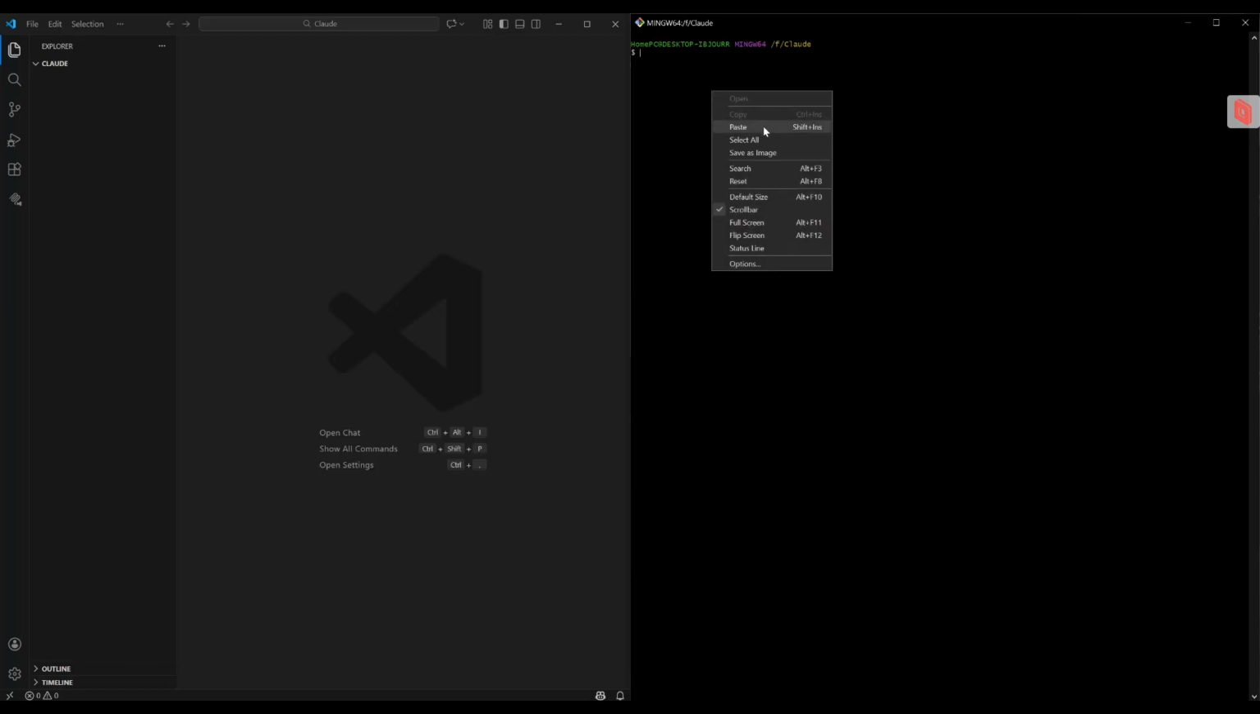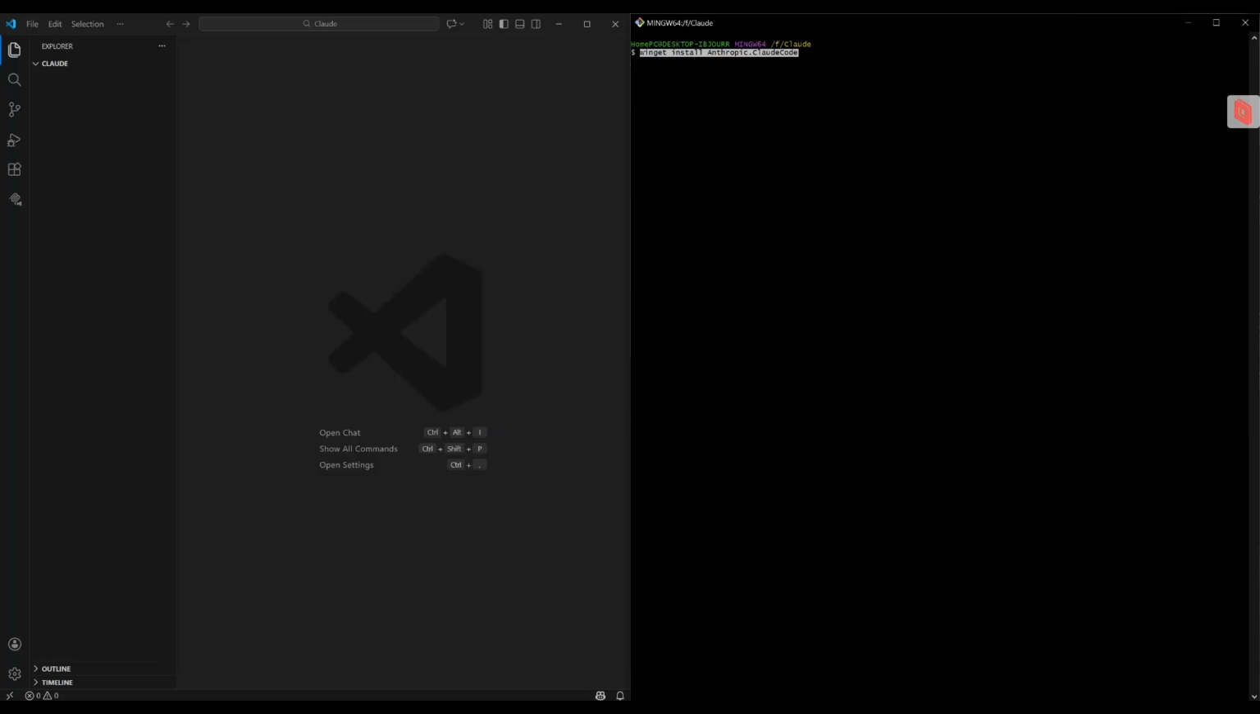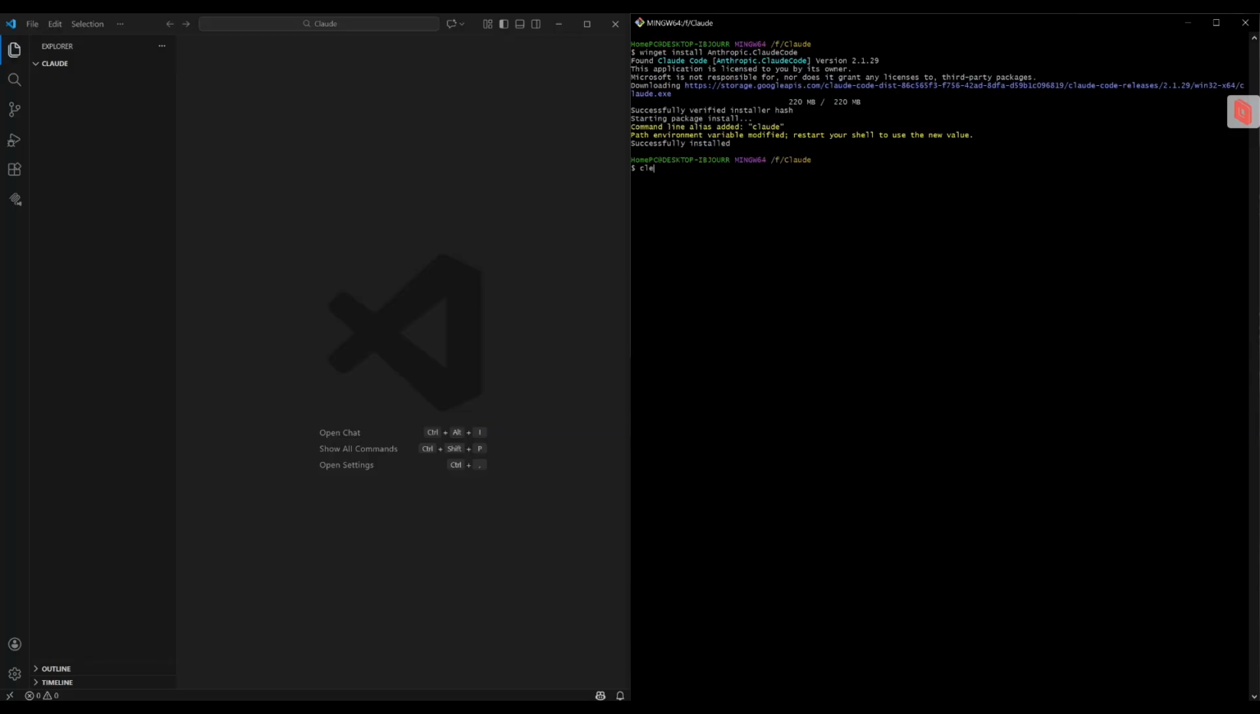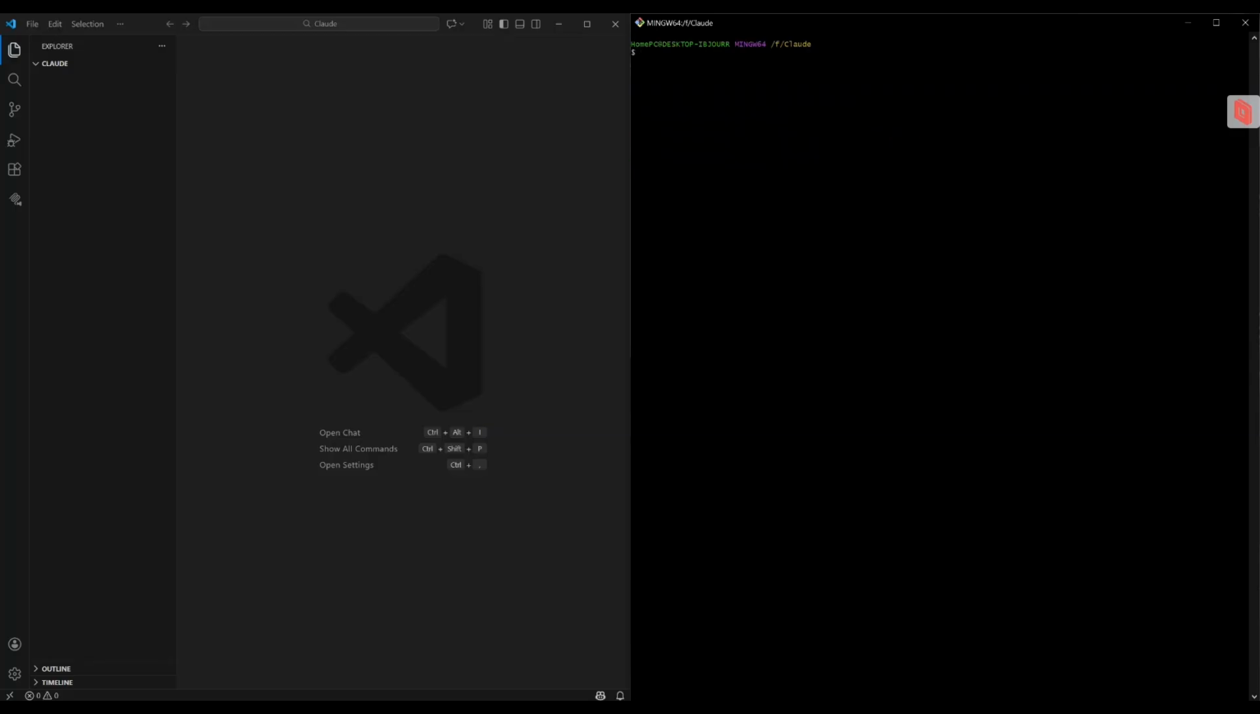In here I'm going to paste this command, winget install Claude Code, and I'm going to install it. Awesome, that part is done. Now I'm going to clear my screen. And now, in order to run Claude Code with local Ollama model, you cannot run it in regular way. We are going to call Ollama command